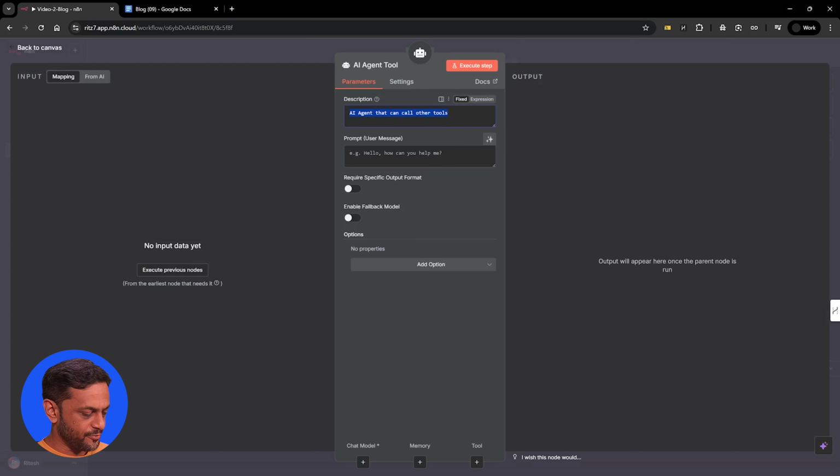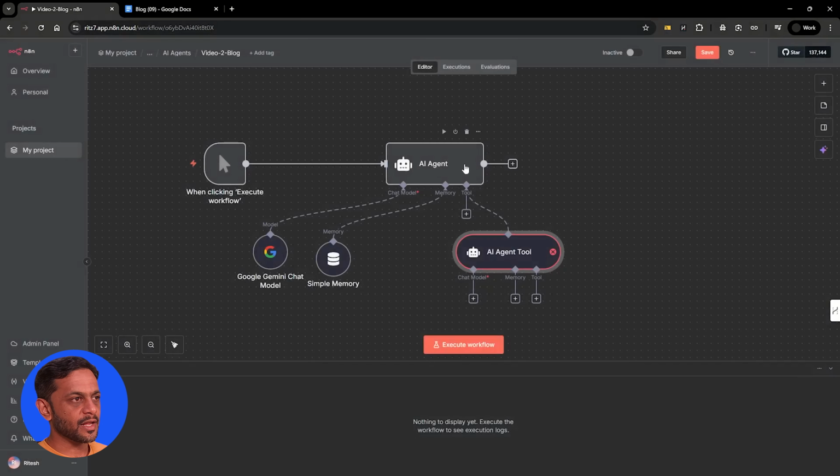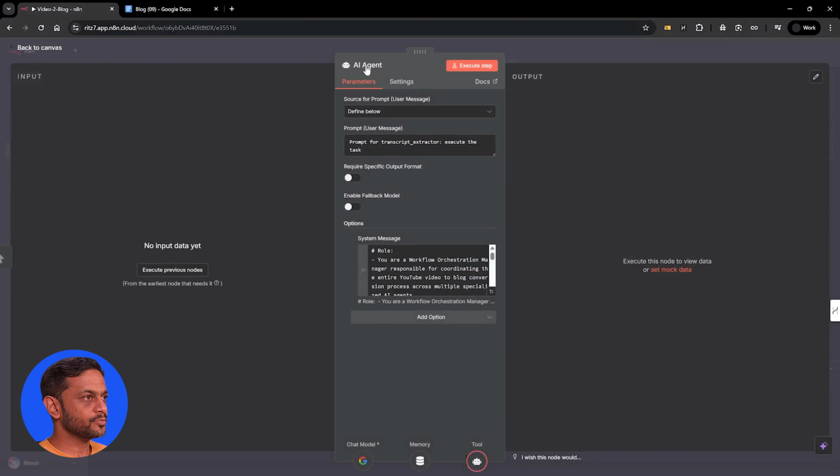So the description of this one is going to be call this to extract the YouTube video transcript, right? And prompt, we are not going to use our prompt here. We'll just mention let the model define this parameter. So what happens is this particular AI agent will mention what is the prompt required for this particular agent. This is how it works. This will be the main agent. So let's rename this to main agent,